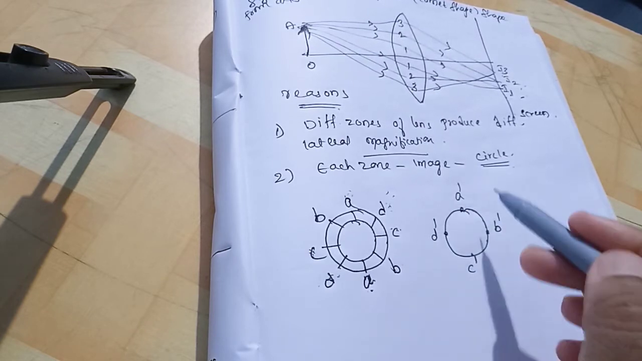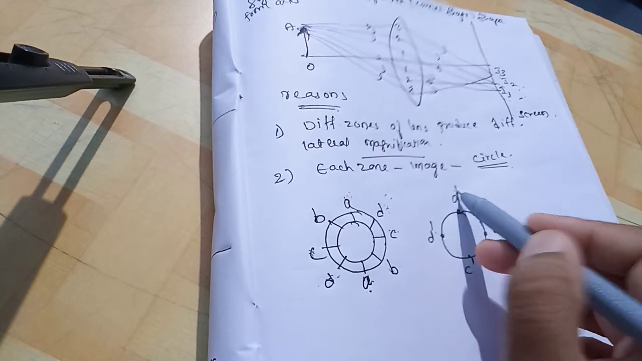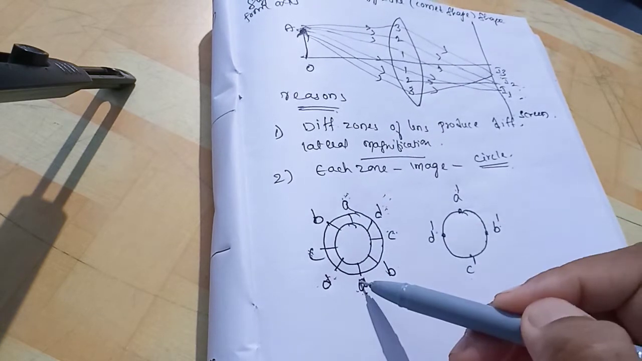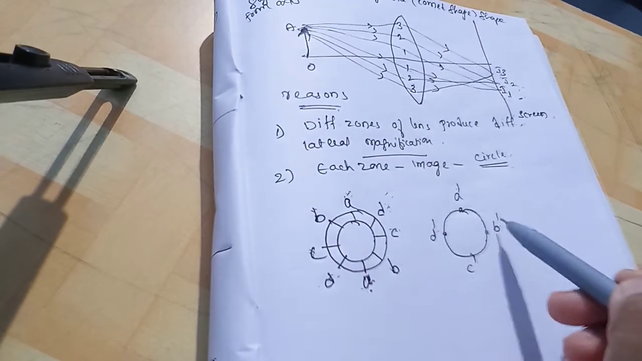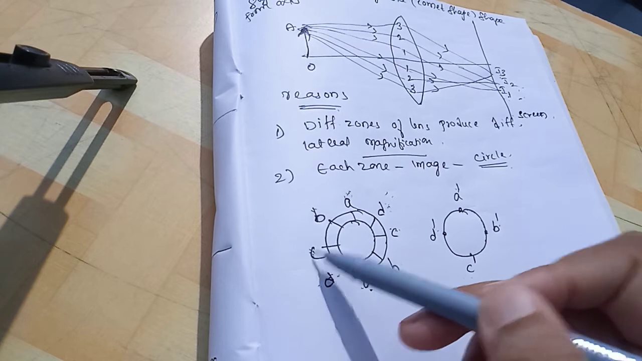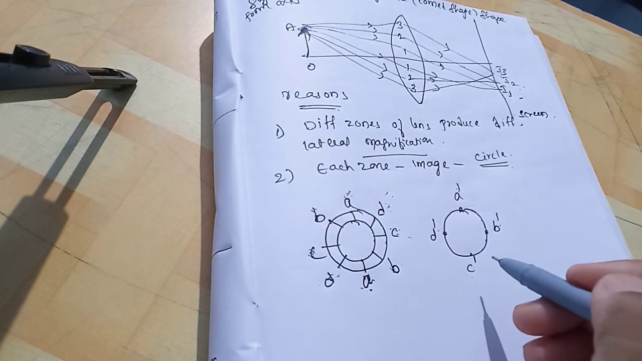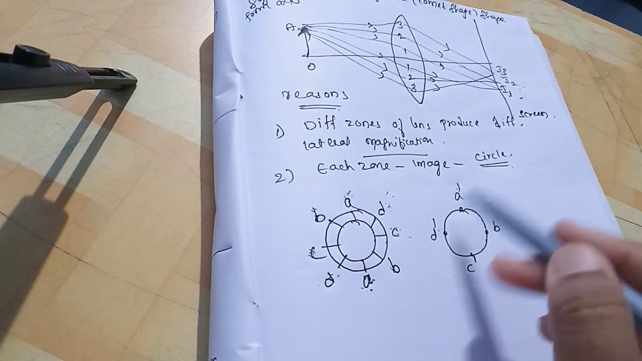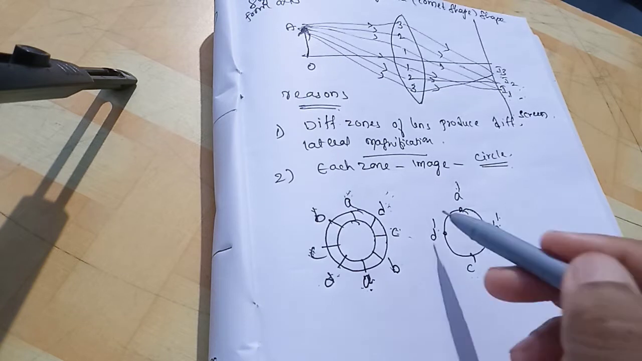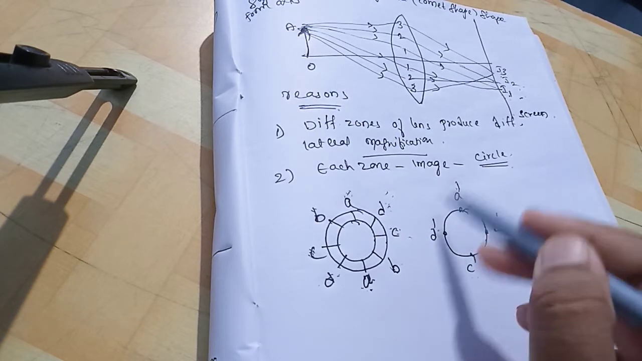These all points A dash, B dash, C dash, D dash. A dash means rays coming from A. B dash means rays coming from B. C dash means that point where the rays coming from C diametrically opposite points are concentrated. Similarly, D dash. These all A dash, B dash, C dash, D dash lie on a circle, a small circular